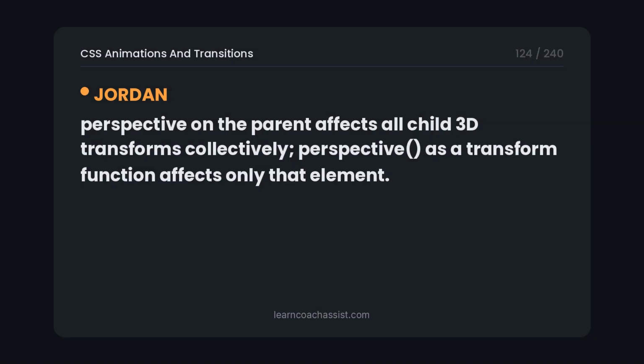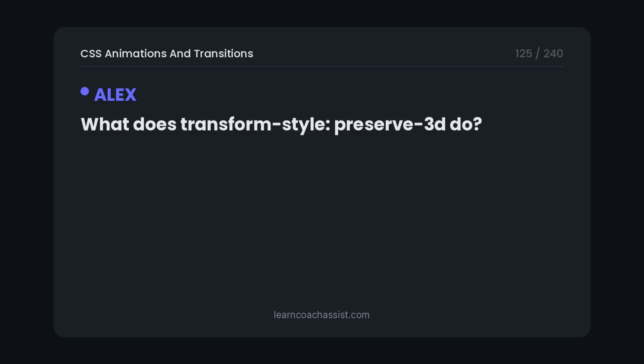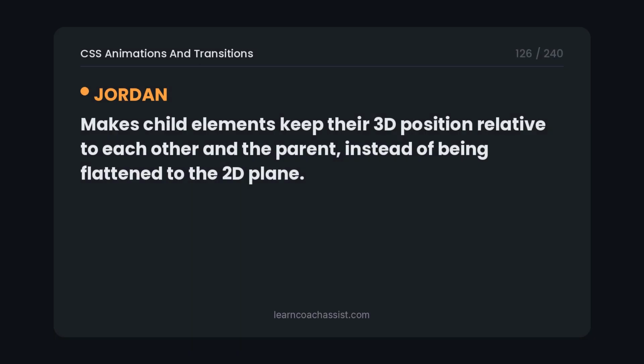Perspective on the parent affects all child 3D transforms collectively. Perspective, as a transform function, affects only that element. What does transform-style: preserve-3d do? Makes child elements keep their 3D position relative to each other and the parent, instead of being flattened to the